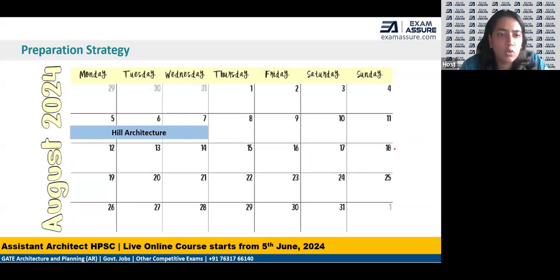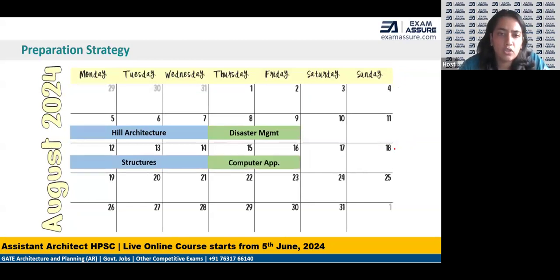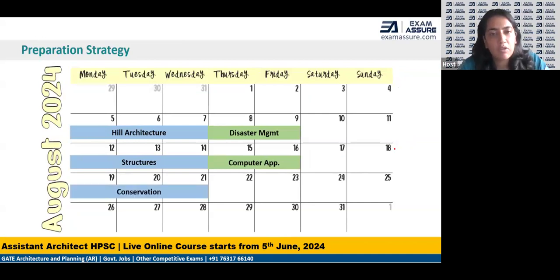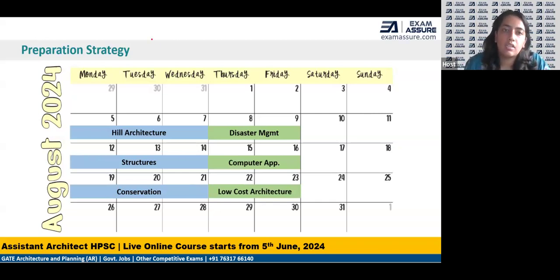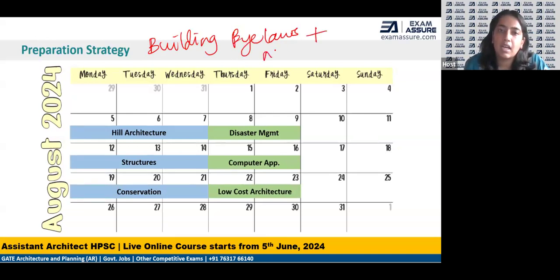Then coming to the next month here, you can utilize 3 days for hill architecture, 2 days for disaster management because it's a very small topic, another 3 days for structures, 2 days for computer application. Now, because computer application is a subject that is hands-on, you are using it daily, day-to-day use is there. 3 days for conservation would be enough, and another 2 days for low-cost architecture. And as far as your topics of building bylaws and your master architects are concerned,